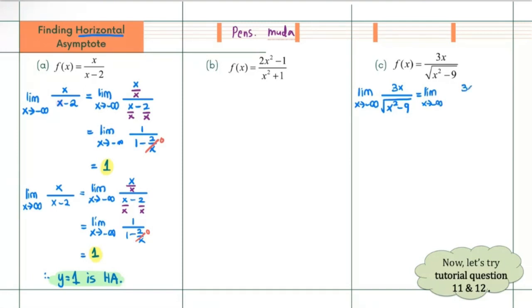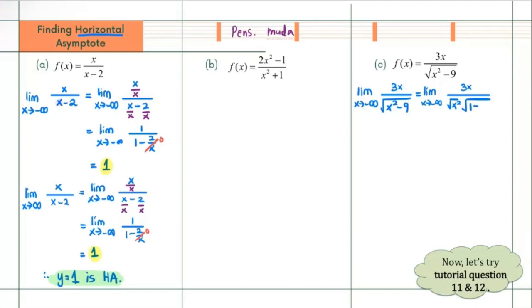So atas ni 3x. Yang bawah ini saya factorize square root of x square. So yang tinggal hanyalah 1 tolak 9 per x square. Supaya bila kamu gantikan balik kat dalam ni, x square tolak 9x square bahagi x square dapatlah 9 semula. Okey, kemudian